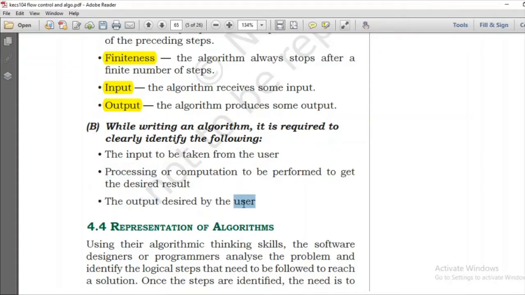So if I am booking a railway ticket, my input will be that I want my ticket for say 5th September and timing, to Mumbai. Then the processing should be done at the server end. That is not my part, but that is also written by the coder or the programmer, that how the processing will take place in the server, वो चेक करेगा कि अच्छा इस दिन की सीट है कि नहीं. तो algorithm should be defined for that.